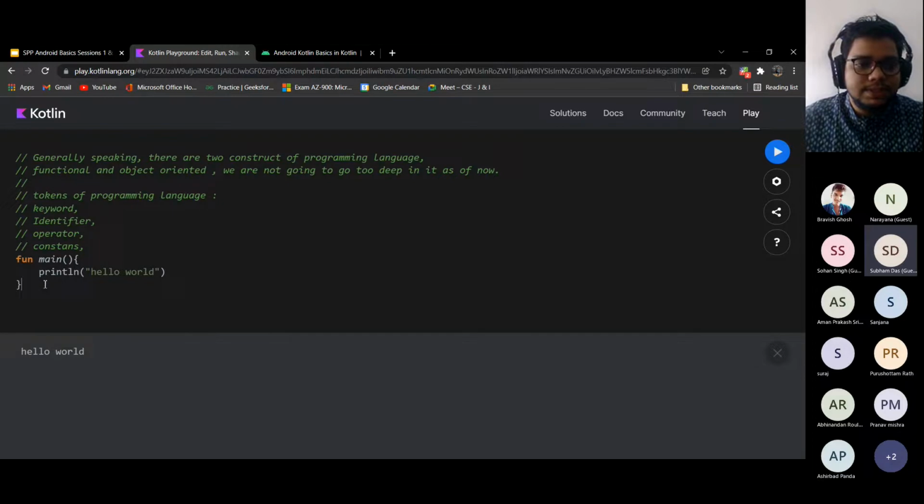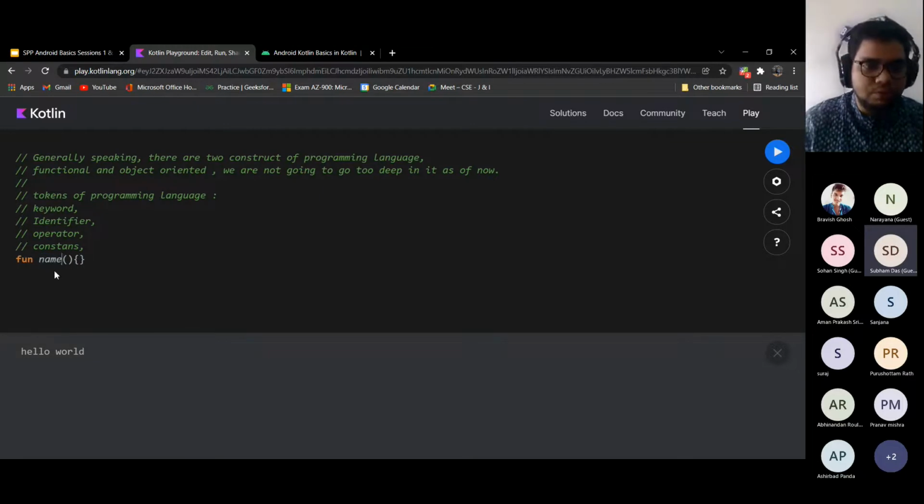Now let's see one simple program. When you write like this, fun, fun is the keyword that you write to tell the compiler that you are writing a function. This is how you write the syntax of a function.